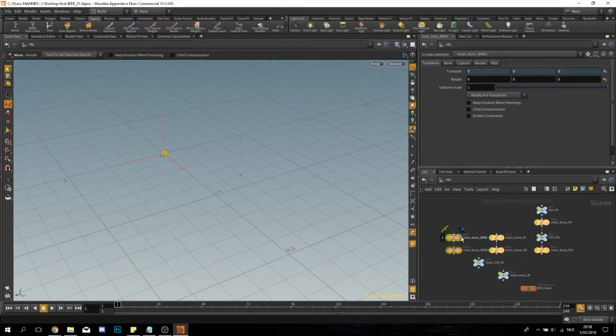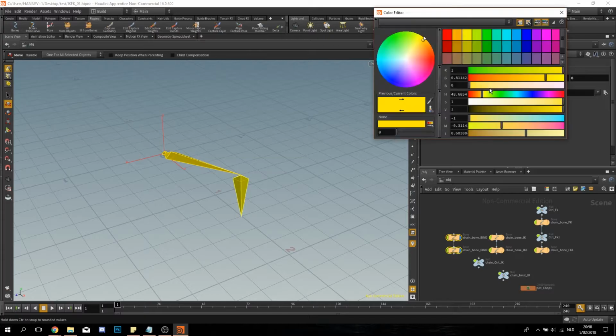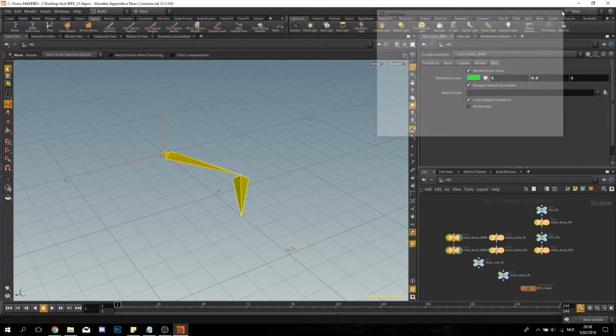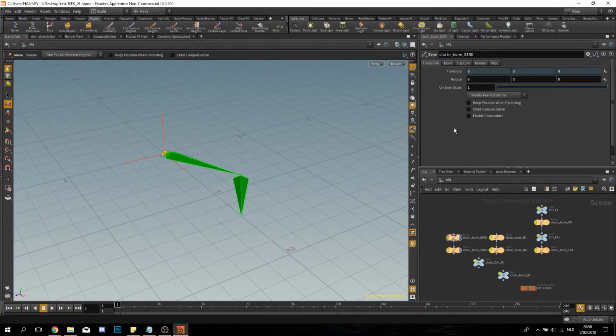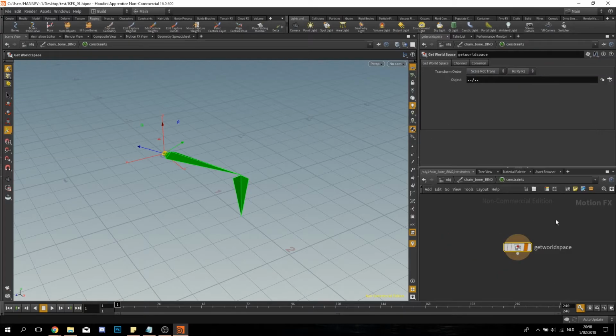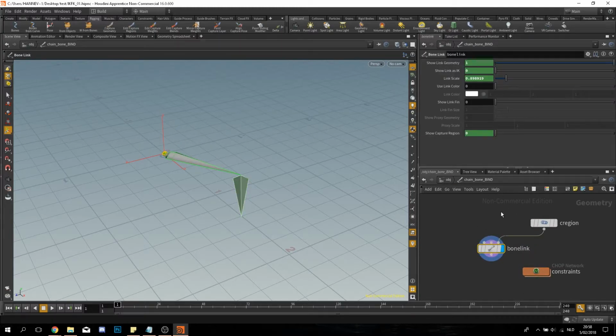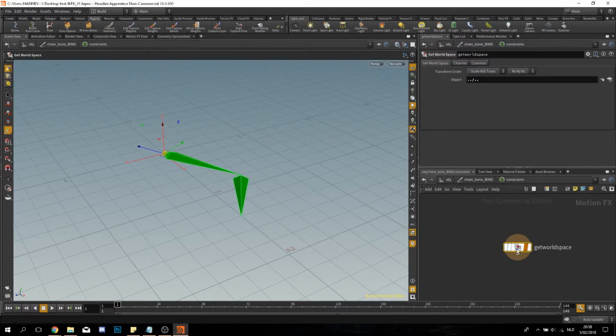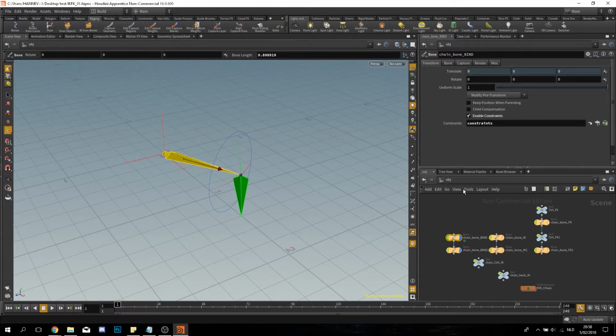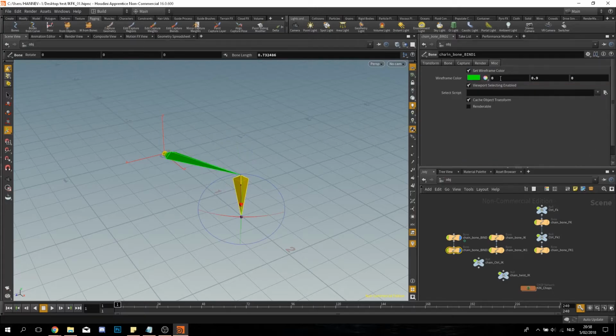You do that by first off showing them. And I'm also gonna change here the colors. You do that by enable constraints. And then the last button, constrain network. Click on it first. And now we're inside the bone node, and in that node there's a new node called constraints, and in here all the constraints will be shown. I'm also gonna do this for the second one.